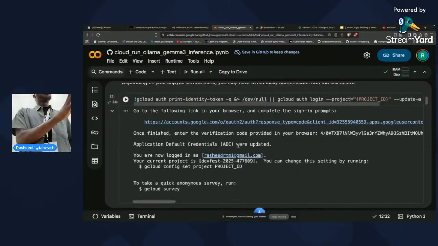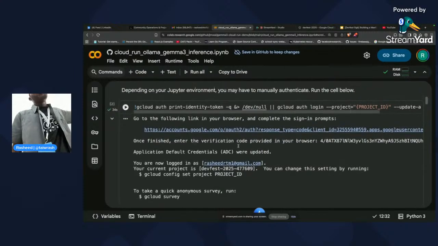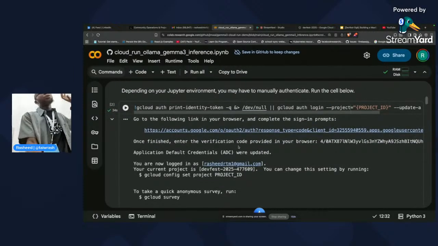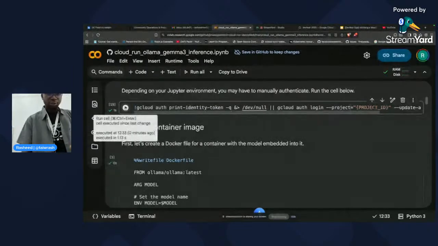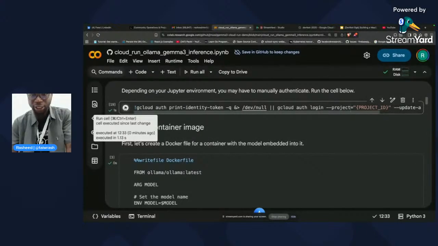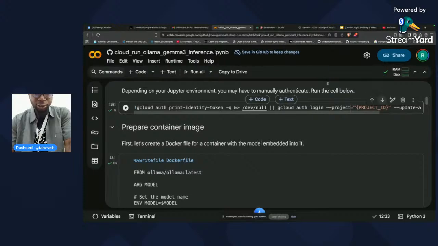So what's next now is connecting the project ID that we copied. We need to connect our Google Cloud project to this particular notebook. That is what this particular code is doing for us. So what I need to do is press this plus button first, and then it will generate. The reason it's clearing is because I've tried to run it before. So what I need to do is possibly end this